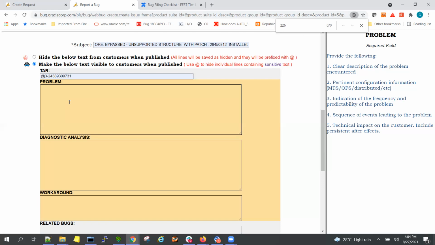SQL types, whether it is a DDL or a DML. And what else? See if there was any change in the patch levels. Was there any recent change of the DB parameter settings? Or any changes at the application level?